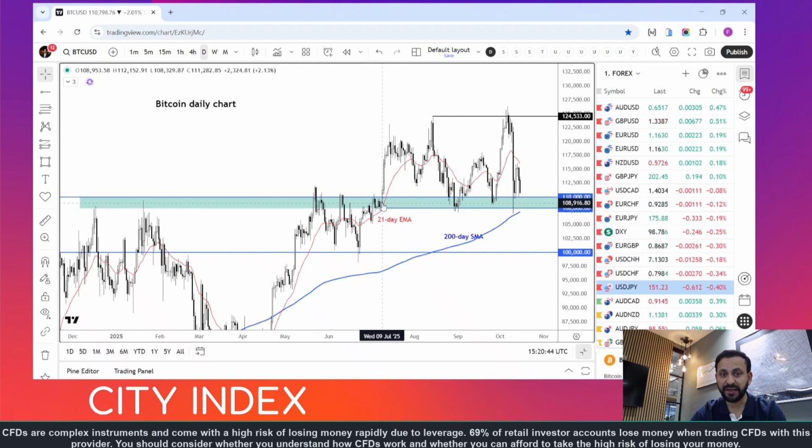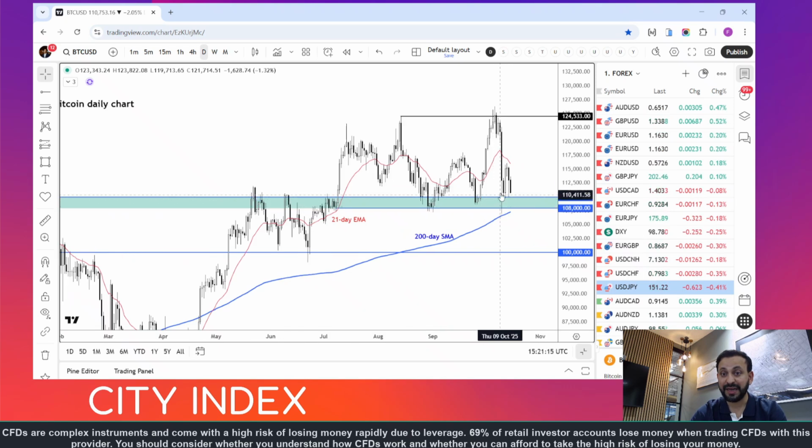After breaking out in July of this year, Bitcoin tested this area in August and again in September before coming back all the way down from a record high earlier this month to test the zone, and we bounced. But the upside has been limited on the last attempt as the rally has run out around the 116 area, holding below the 21-day exponential moving average.